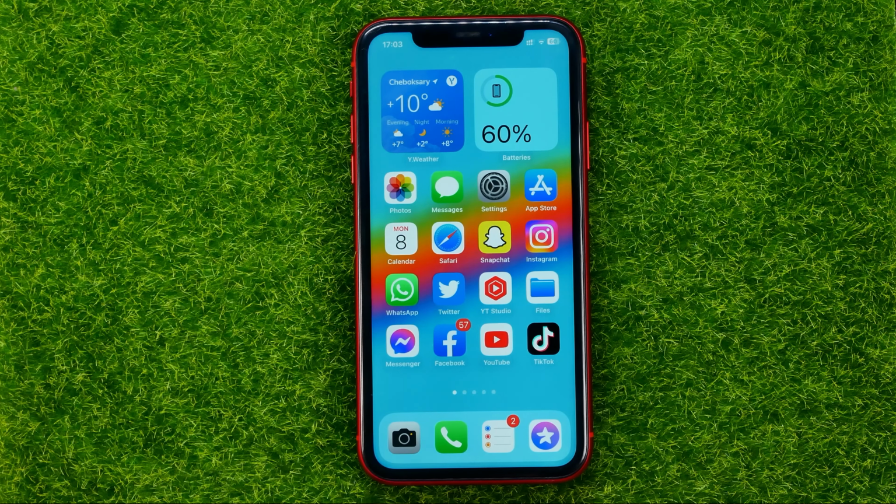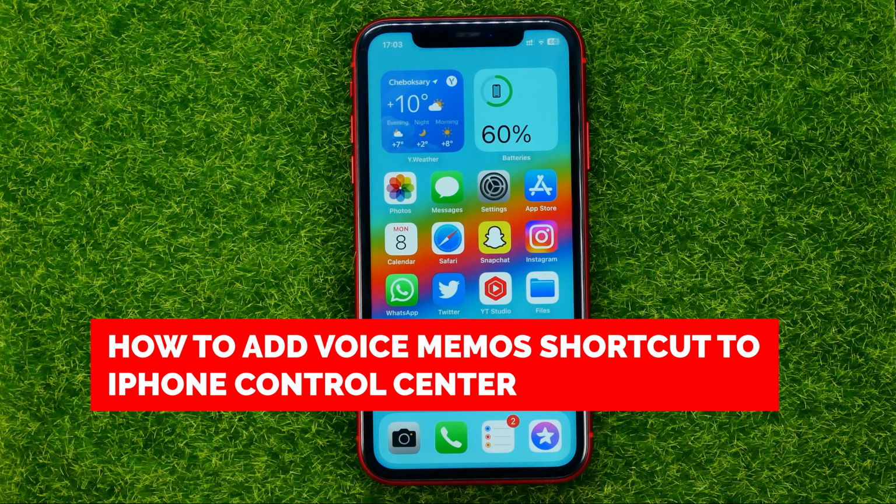In this video, I'm going to show you how you can easily add Voice Memos shortcut to your iPhone's control